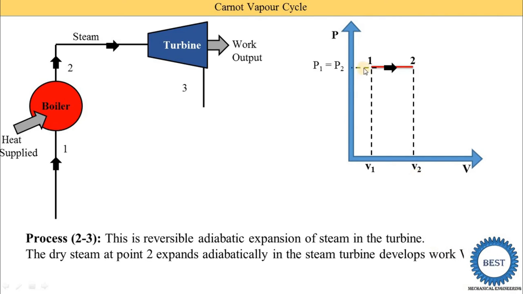So how do we draw this 2 to 3 line? We know that the pressure is reduced in the turbine, so point number 3 moves downward, but point 3 comes either on the left side or the right side compared to point 2. We know that during expansion the volume is increased, meaning V3 is higher than V2, so we move towards the right side, and the pressure is reduced, meaning we move downward compared to P2. We get point 3 somewhere here, and we draw this type of curved line. Here you see P3 is lower than P2, and V3 is higher than V2.